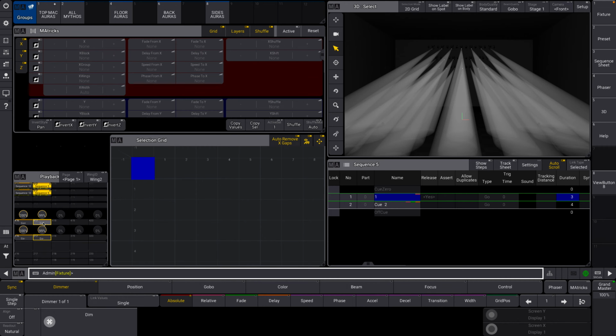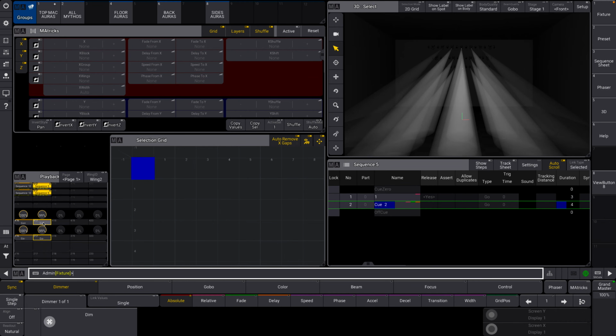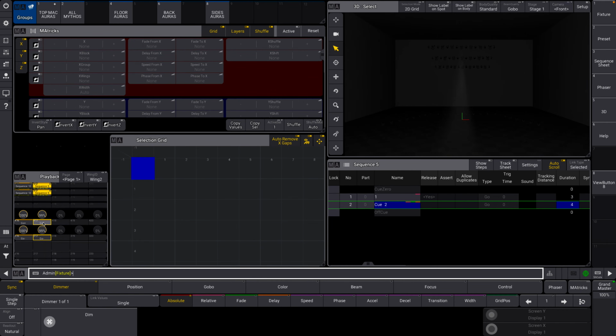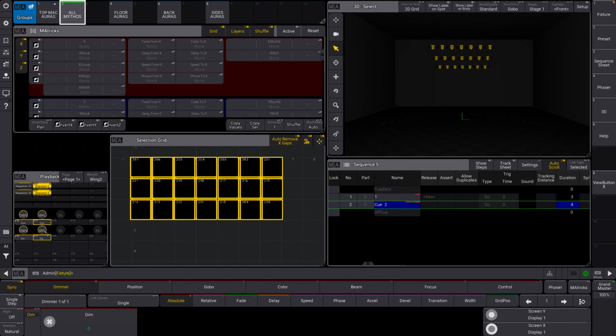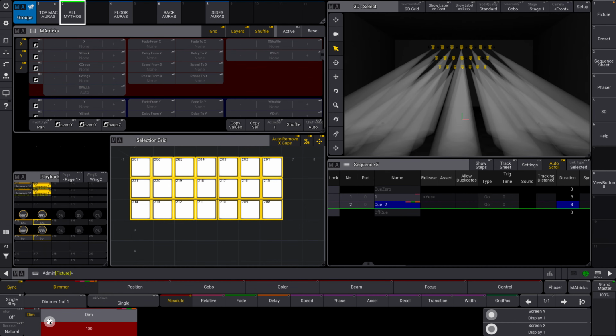And now let's watch what happens. Is that kind of cool or what? So we've just applied an effect, essentially a transition, using MAtricks to this cue, and you can tell that it has fade and delay data in there as well. So now let's say I'll show a different example. Let's turn it back on,